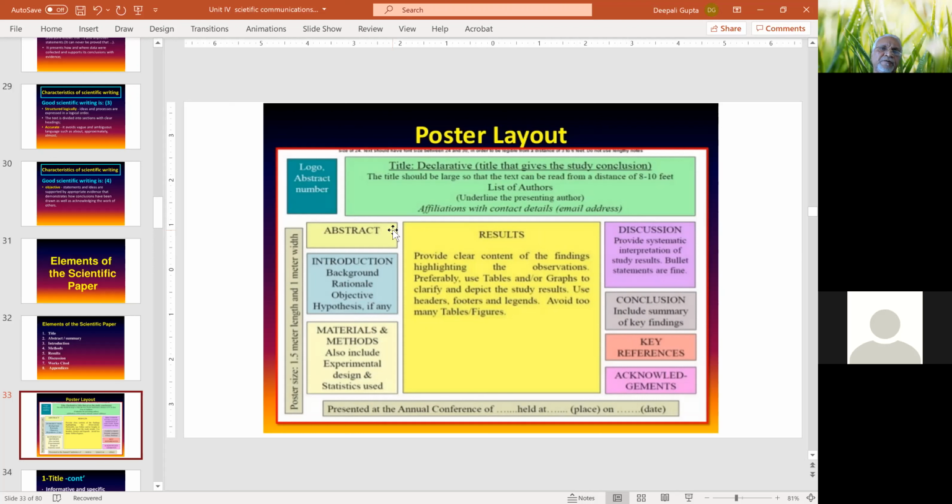One has to express himself or herself very clearly, concisely, and accurately, to the point, avoiding repetitions and redundancy. So tomorrow I will look at, one by one with examples, how these spaces are filled. Okay, so I'm stopping here.